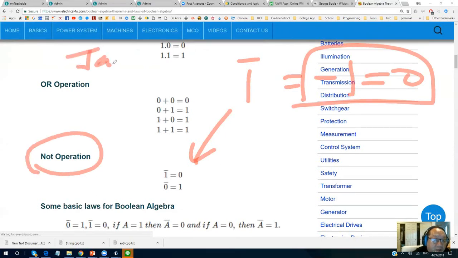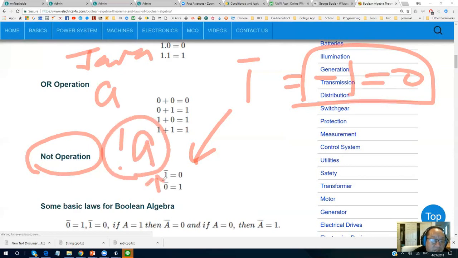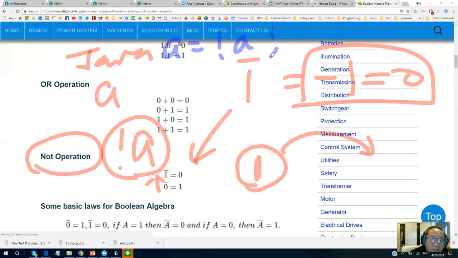In Java, let's say we have a Boolean variable A, and we write exclamation mark A. That is the negation of A. So if there is a statement A equals not A, and initially A is true, this is the Java notation.